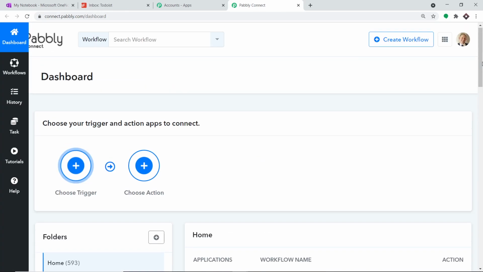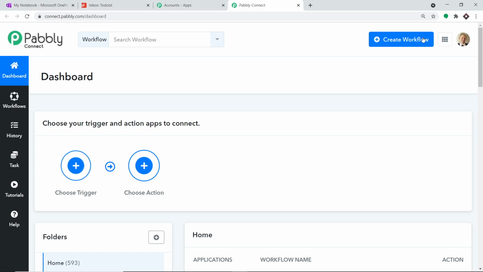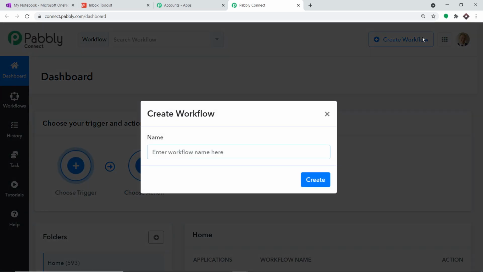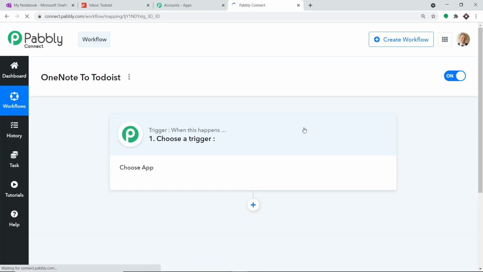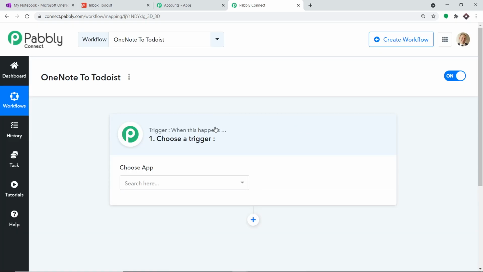It is actually none of your concern because we are going to start from scratch by clicking on create workflow. So I'm going to give a name. How about OneNote to Todoist? Of course, you can give any name according to your discretion. Let me just click on create. Okay, so when you click on create, a window appears in front of you. This is basically known as the trigger window. So here I'm going to create a new workflow. If you directly want to access this workflow, you can clone the template of the workflow using the link which I have shared in the description box.